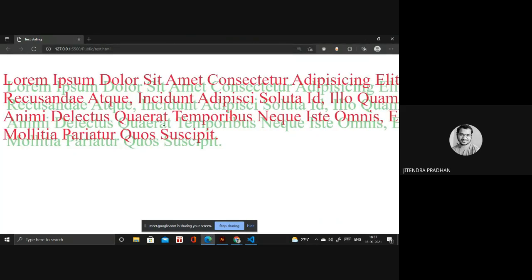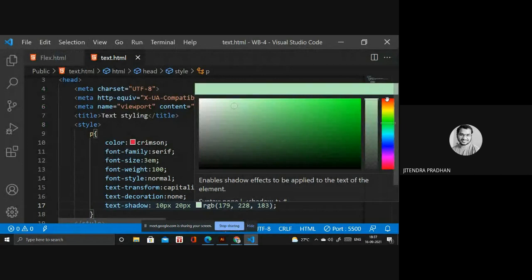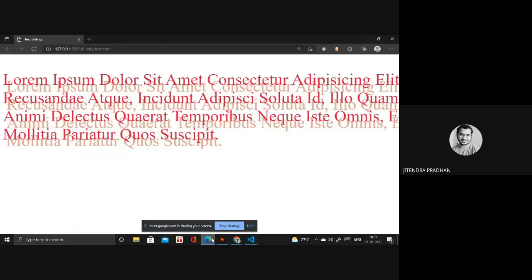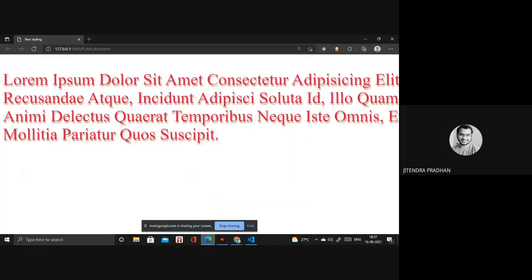Okay, so if I use any red color, we have red. It looks like that, but if you want to change something, it's 5, or you can choose like 50 pixel as well, not an issue. So these things you have to work on.